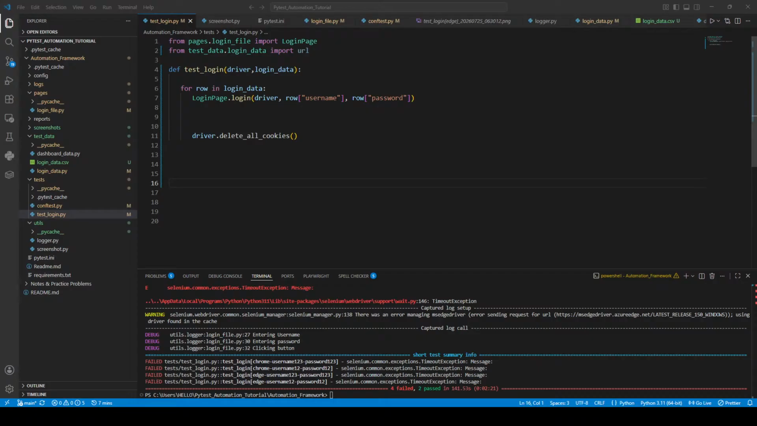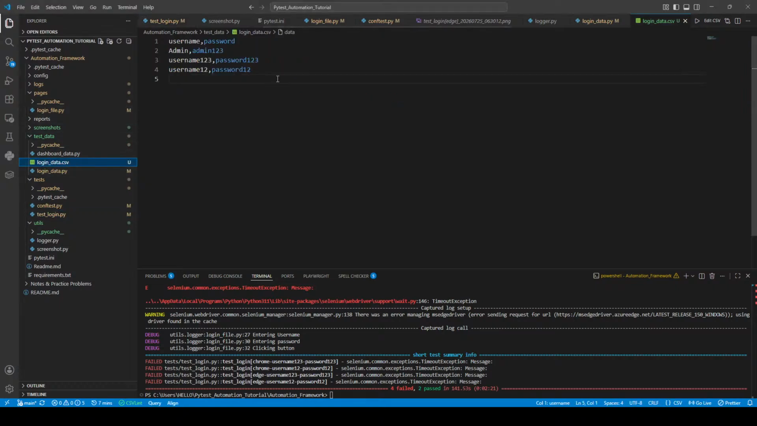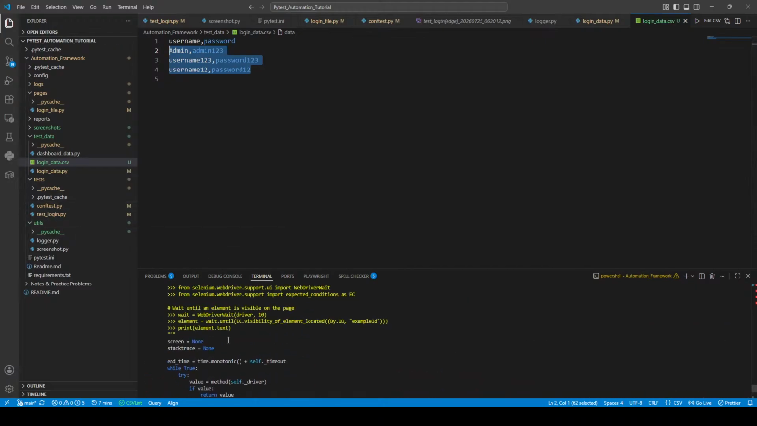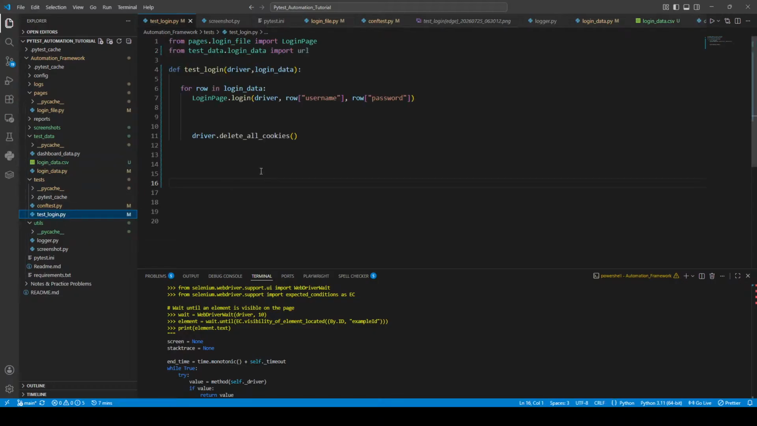In the previous episode, we successfully implemented data-driven testing using the CSV file. So we created some data in CSV manually, and then we ran our framework. So yesterday we were using